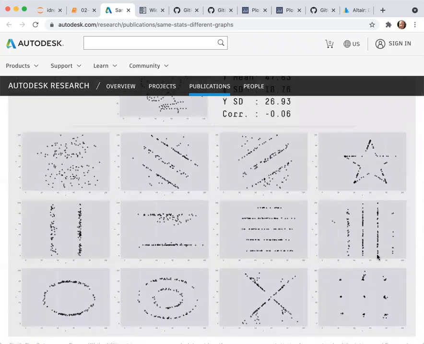So all of these data sets have the same summary statistics, but just by eye, you can pick out what the pattern differences are.